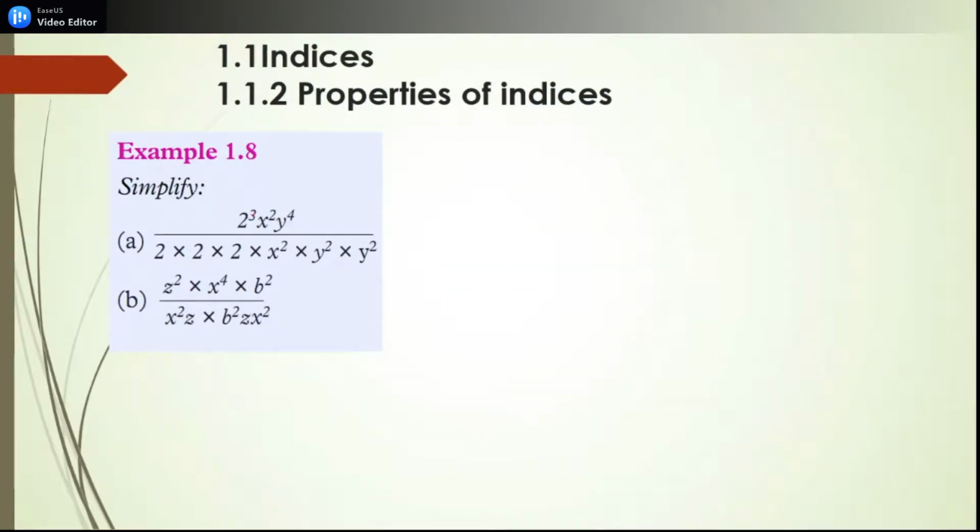Simplification of this one: we simplify the same values. You consider this 2 and this 2. This one is 2 power 3. Simplify this and this. Here you have x square. Okay, simplify this and this. Here you have y square and y square, like writing y power 1 plus 2, it is y power 4. Simplify this one and this. The answer is equal to 1.